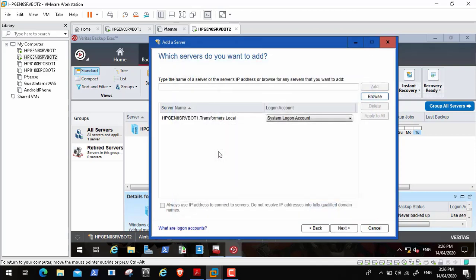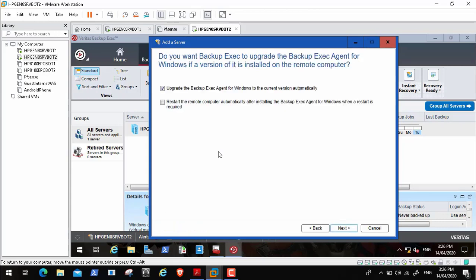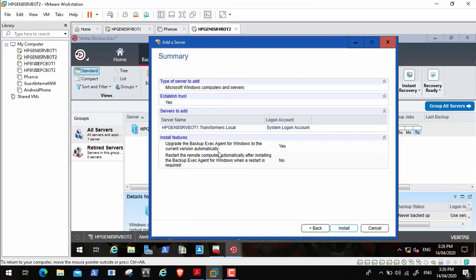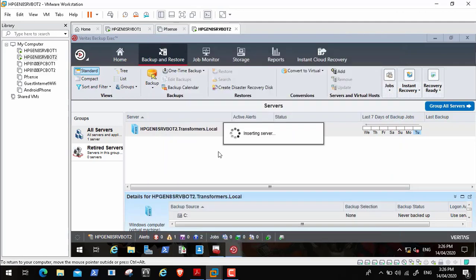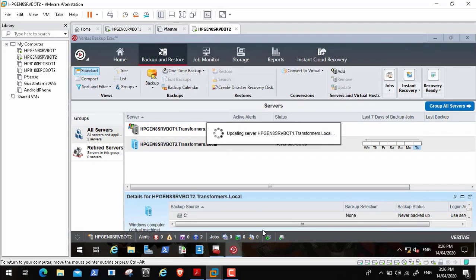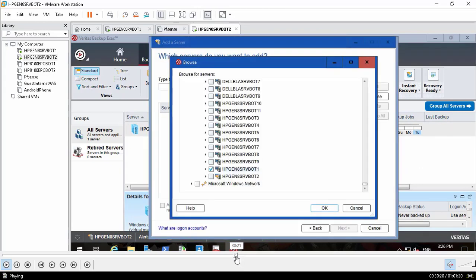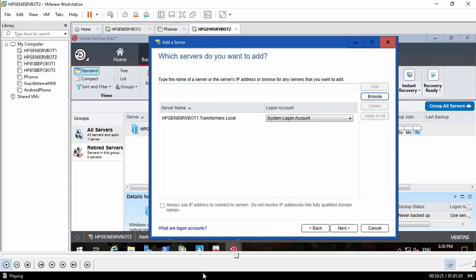Okay, so here it will use the system login account. This is the account that we have created, which is Backupo, and then tell him upgrade if there is something. I want him to choose to restart the remote server, okay, because actually in a production environment you need not restart the server without notification. So here I can just bypass. Here we can go one little bit further, just to make or insist on this thing. Okay, tell him next,